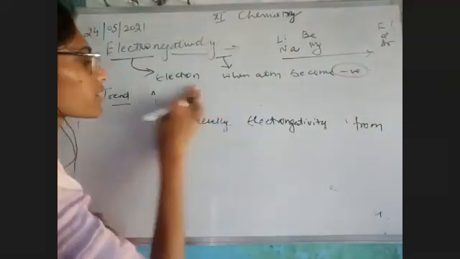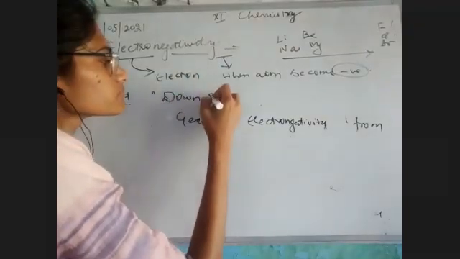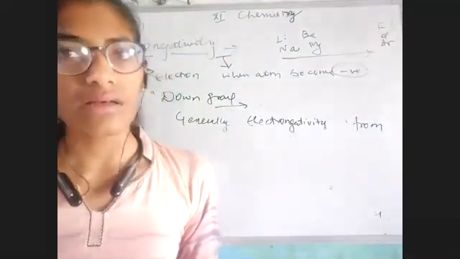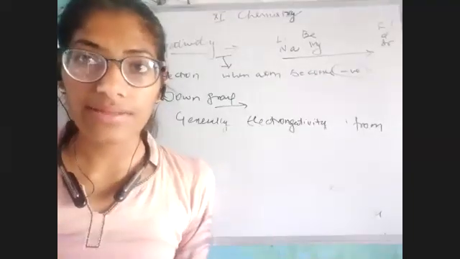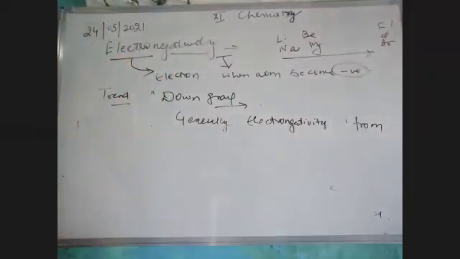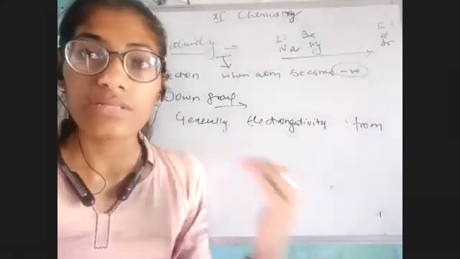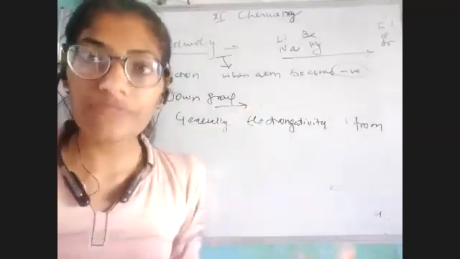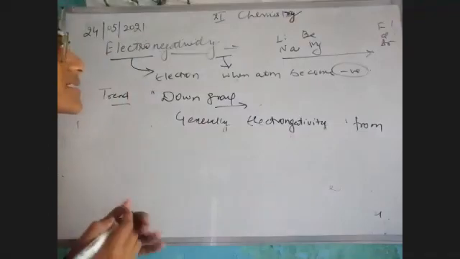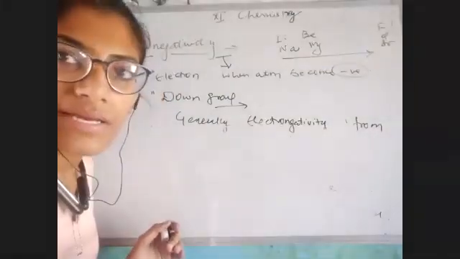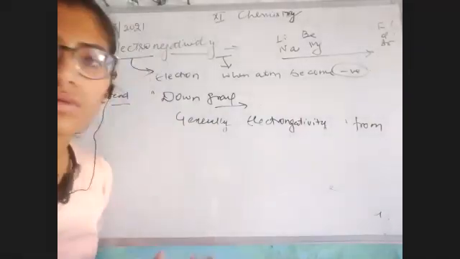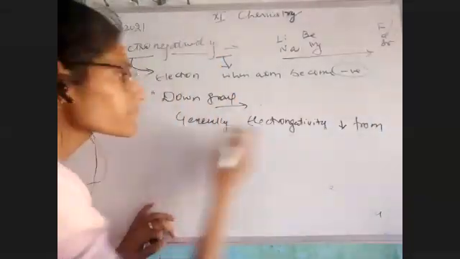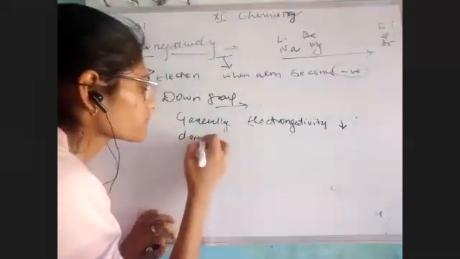Across, I won't say across, I would say down the group. You have seen so many physical properties like ionization energy, electron gain enthalpy, atomic size and electronegativity. सब में एक बात common है, the trend is totally opposite when we are checking across the period and down the group. If I'm saying my atomic size is going to decrease across a period, it is going to increase down the group. Same as it is, my electronegativity would decrease when we move down the group.